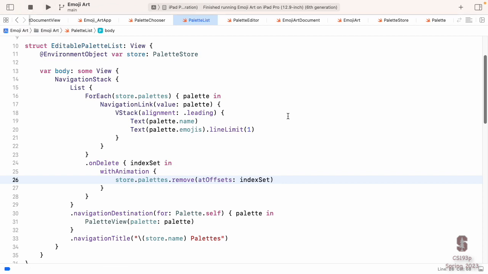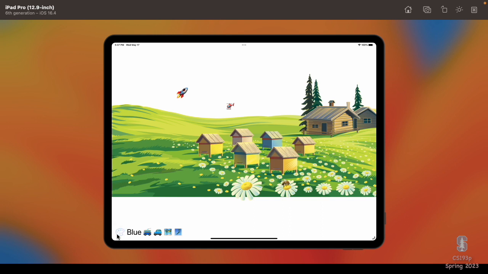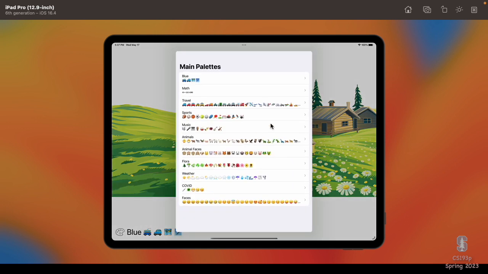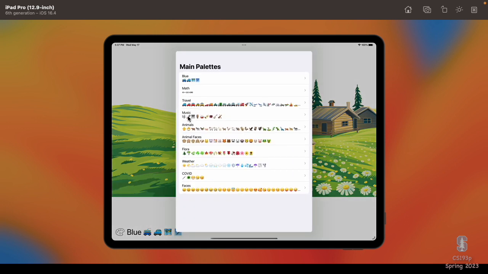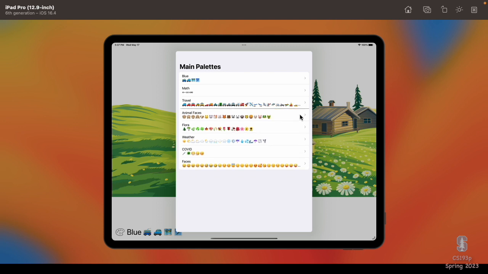The for each is providing us this really nice on delete. We go over here, our list, we swipe, it's gone. And if we swipe just a little, then we get a chance to confirm. So a big swipe deletes it entirely. A smaller swipe lets it delete. And you can cancel, like, no, I don't really want to do it.